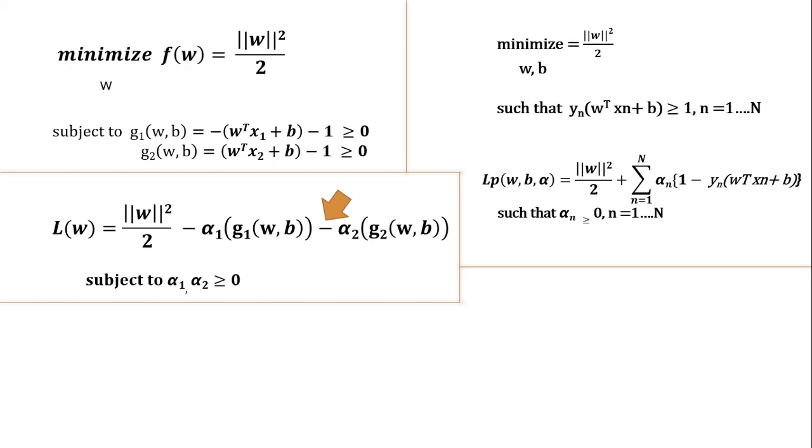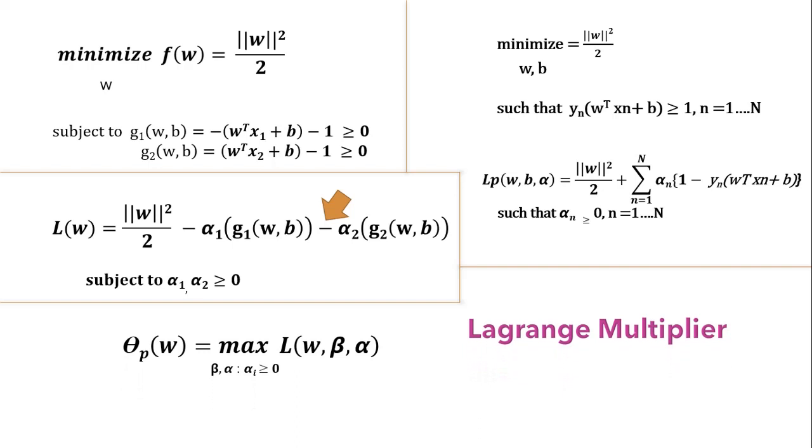Now the question is how to solve this. So guys, here I have defined the function as theta of p, which is a function of only the w term as shown on the screen, and it is the maximum value that our L can take for any alpha and beta. So we already know that we have to minimize the term w for getting the optimal solution, and if I minimize theta of p, which is nothing but the function of w, we will get our optimized solution.